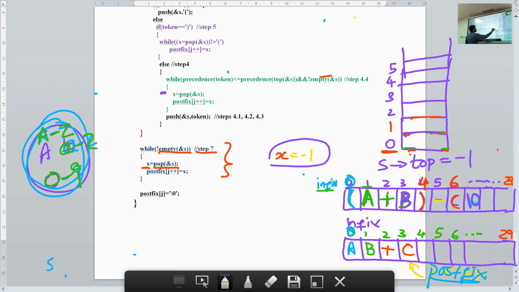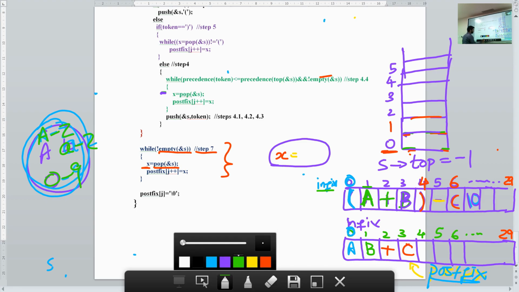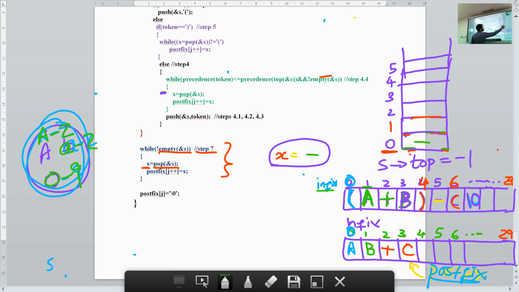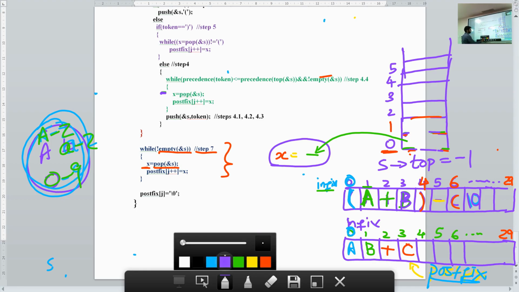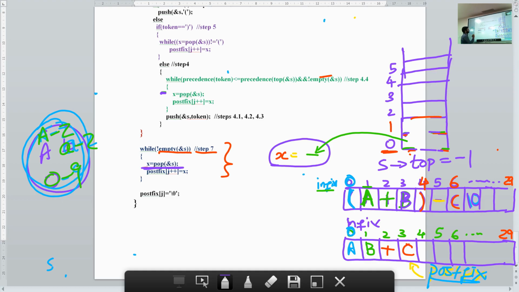What do we do with this x? Sorry, here x is not -1, x is the subtract sign that we just popped. This was there on the stack and we have added it to x. So we have popped it using this programming here. We add the value of x, that is a subtract sign, to the postfix array.